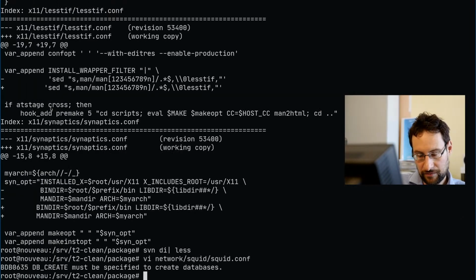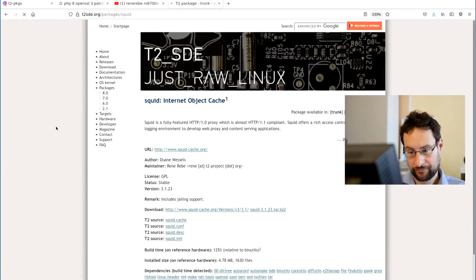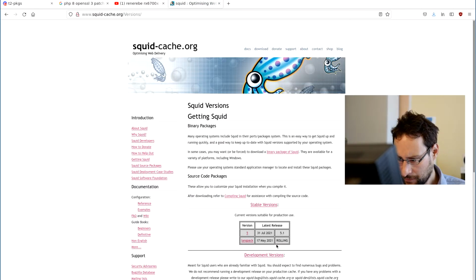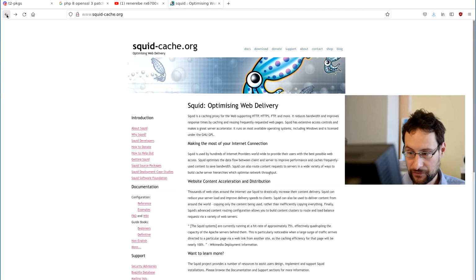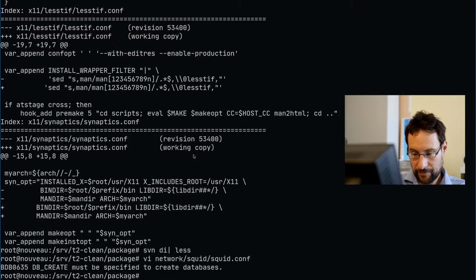By the way, I don't remember Squid ever being updated in a long time. Does it still exist? What is their latest release? 5.1. What do we have? Probably something significantly newer. Yep, recurring win-win. Good that we took a look at that.